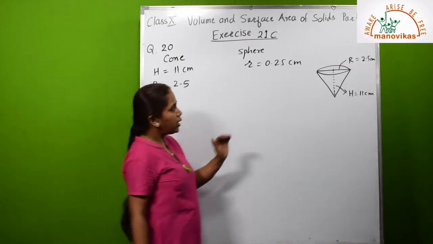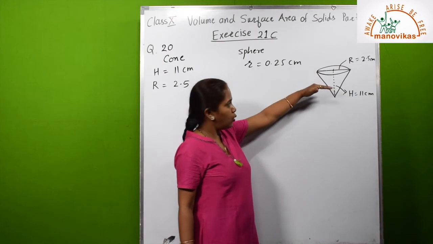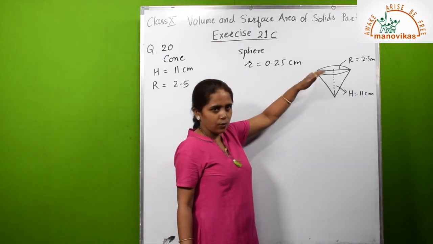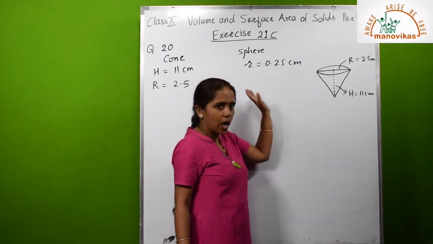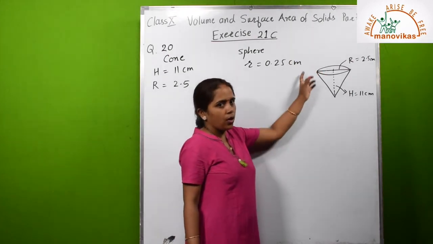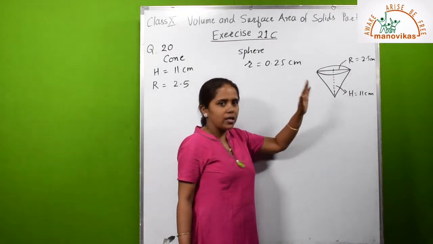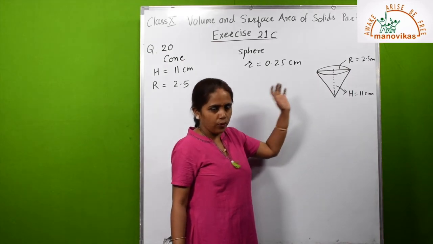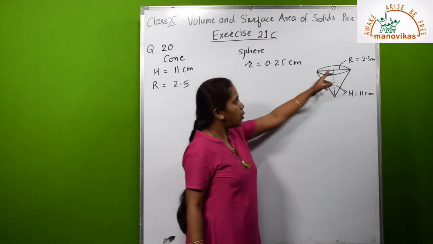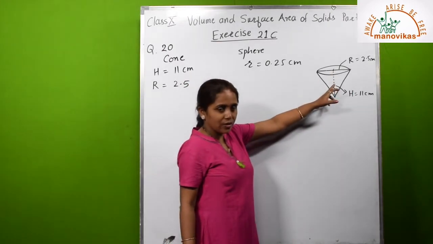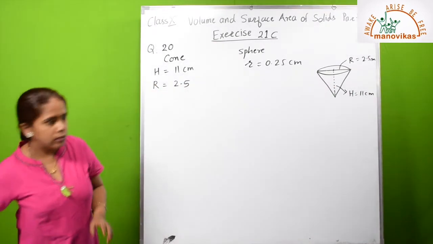Okay, here the water flows out because the top of the cone is open for this vessel, so the volume of water which flows out is 2/5 of the total volume, that is 2/5 of the volume of the cone flows out of the vessel. Okay, that volume will be nothing but the volume of the lead shots which are in the form of spheres. Okay, so here we can write that statement,